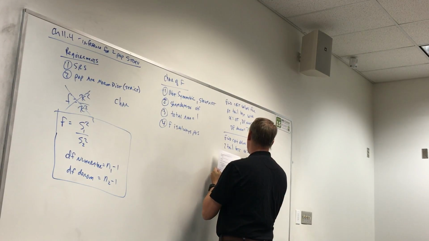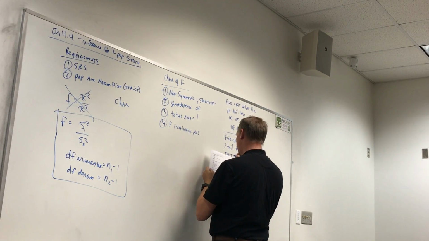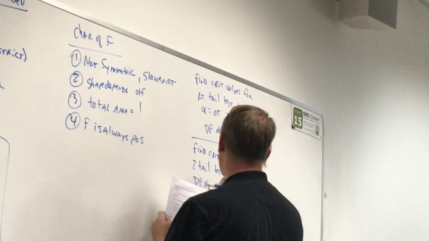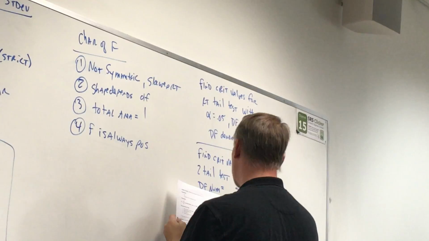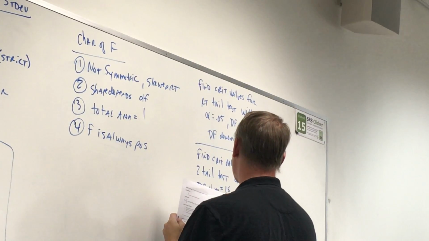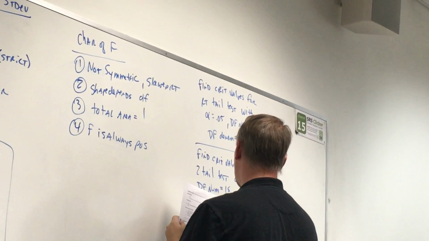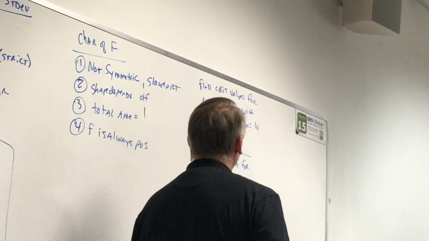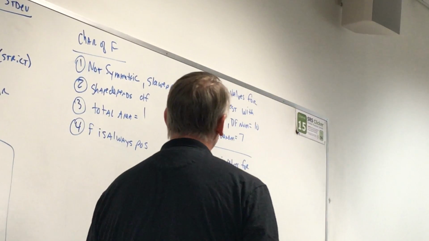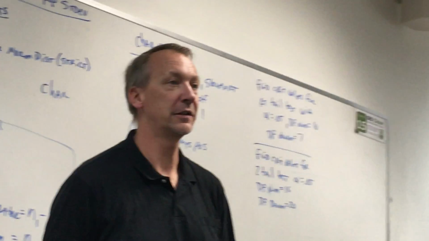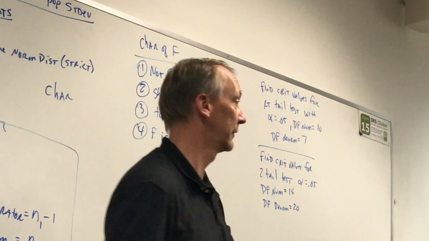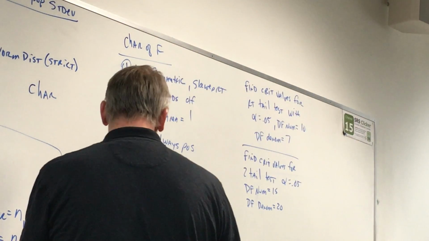Alpha equals 0.05, degrees of freedom for the numerator equals 15, degrees of freedom for the denominator equals 20. Now, this table only tells me what's to the right. Okay, if I'm doing a two-tailed test, I'm going to need to know what's to the left. Okay, so here's your rule